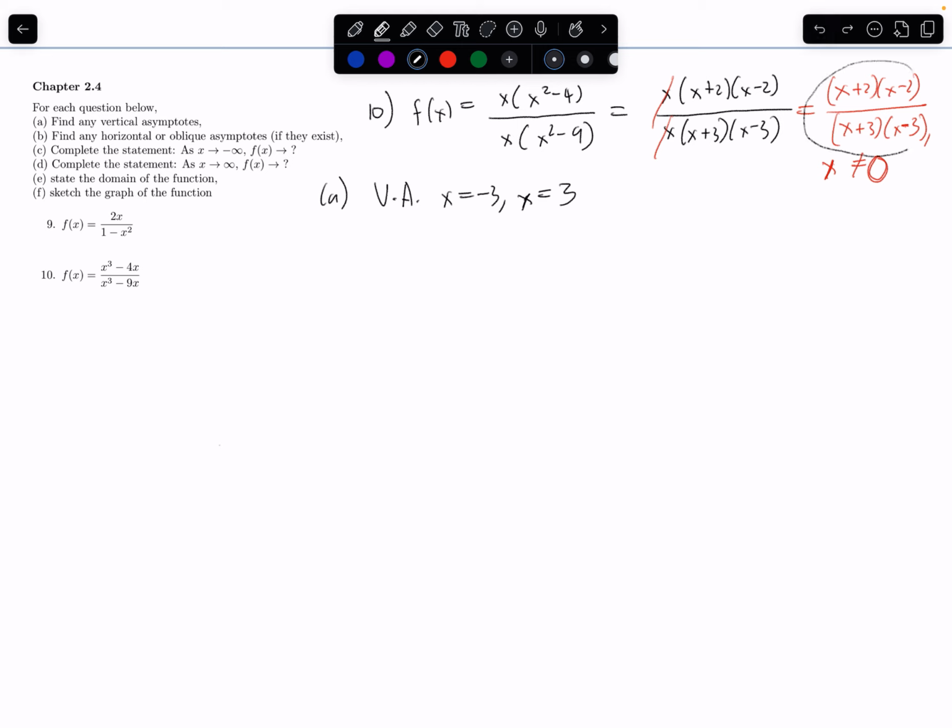But if you look at this final reduced version, there's no x in the bottom, right? So it's not a vertical asymptote. Okay,